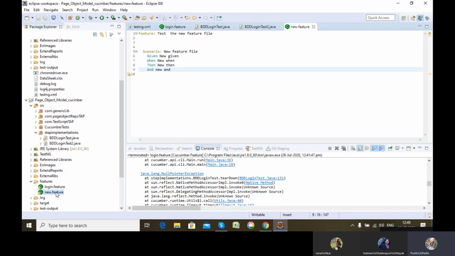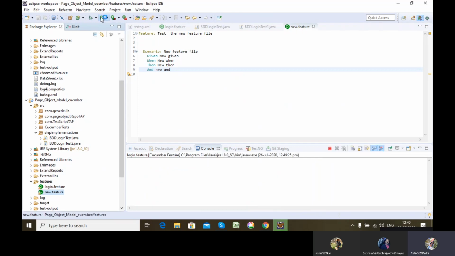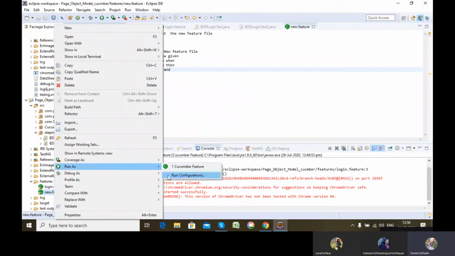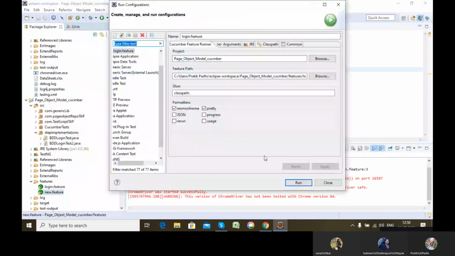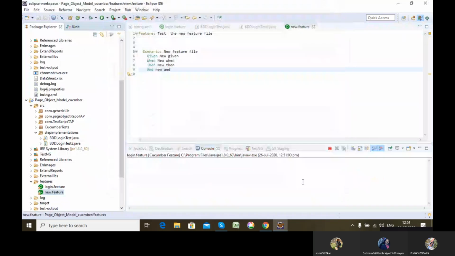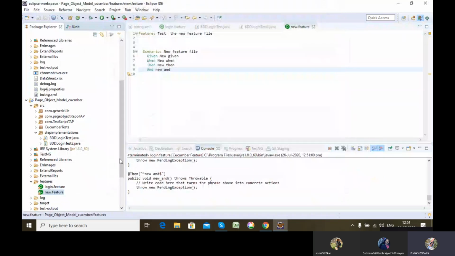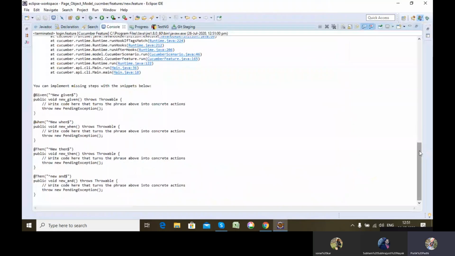So if I run this particular feature file, see, once I run this new feature file which I've created and it doesn't have any step definition, Cucumber provides me the step definition which I need to implement by default.